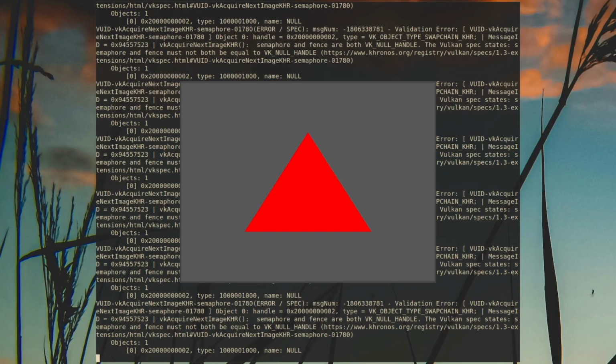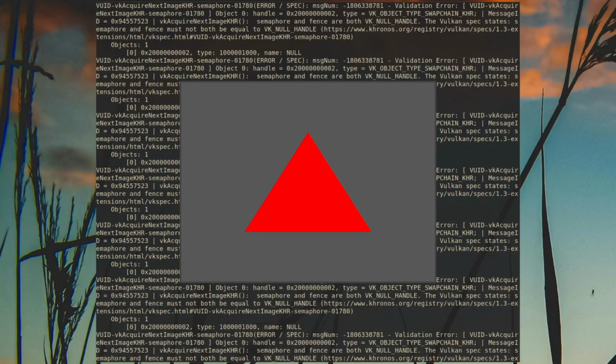So you can tell we're getting all of these errors, mainly having to do with, you can see semaphore and fence are both VK_NULL_HANDLE. And I think there might be some other errors in here as well. So this is the great thing about Vulkan as opposed to something like OpenGL, is that you can get some great error messages. I know that sounds weird. Well, why would you like error messages? Well, the reason why it's good is because if something goes wrong, it's much easier to tell what's going wrong